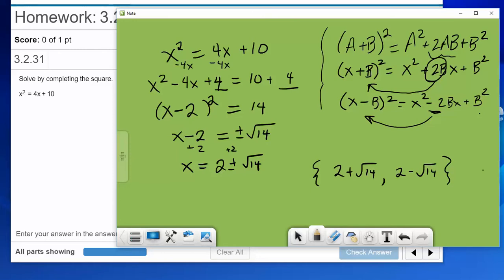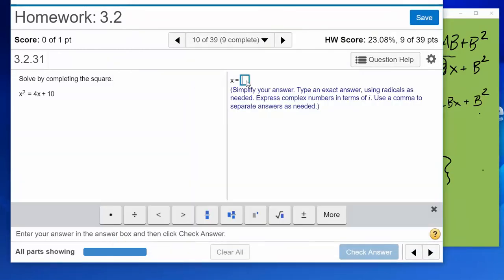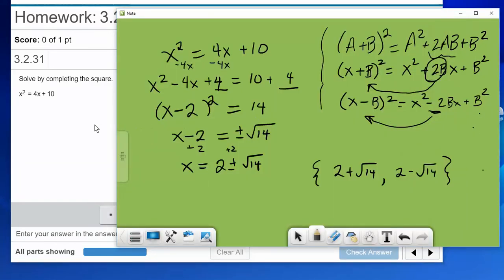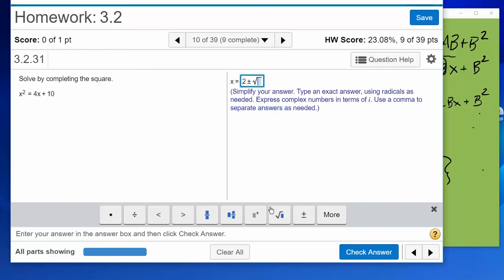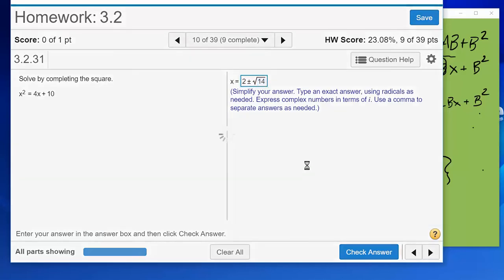I believe my math lab will let me put it in the way I wrote it the first time. So it was 2 plus or minus square root of 14. 2, and then hit this plus minus button, square root 14. Yes,